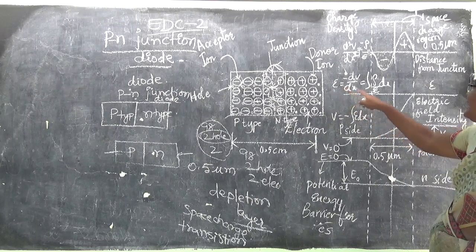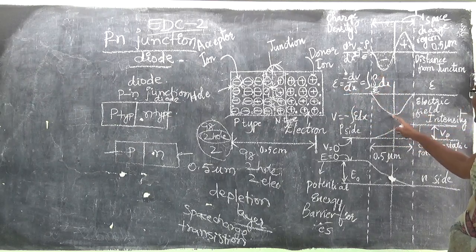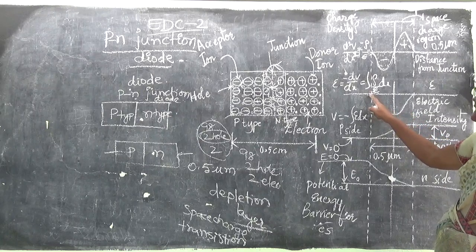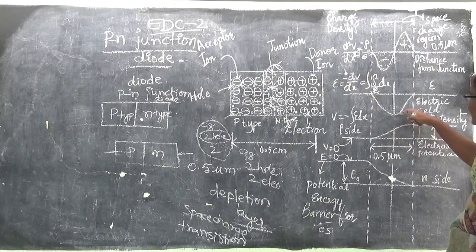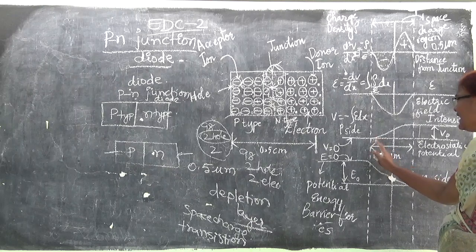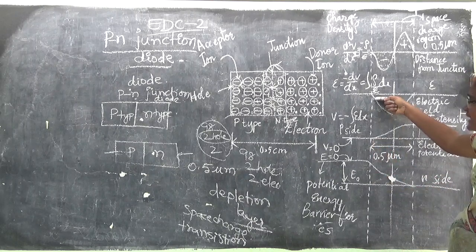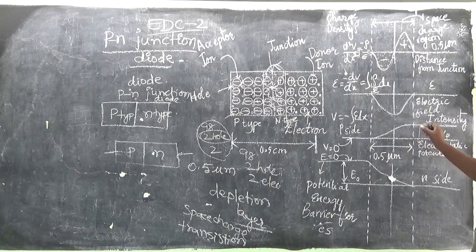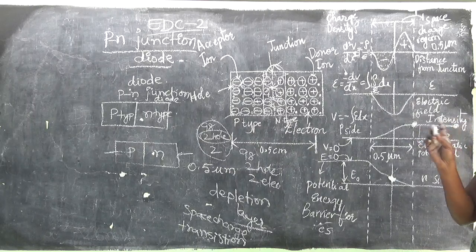So what is the integration of this going to be? This is the electric field which we will get. One is the decaying electric field, the other is the increasing electric field on the right side of the junction. Next one. Here is the variation in the electric field. Here the electric field is not constant. You can observe one thing here. Here this is the constant potential. No variation in it.